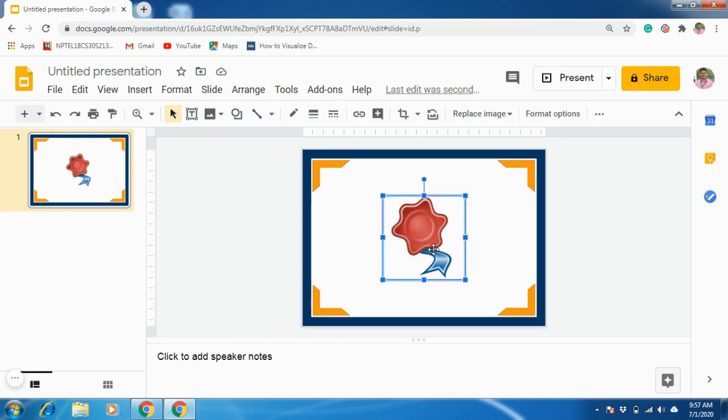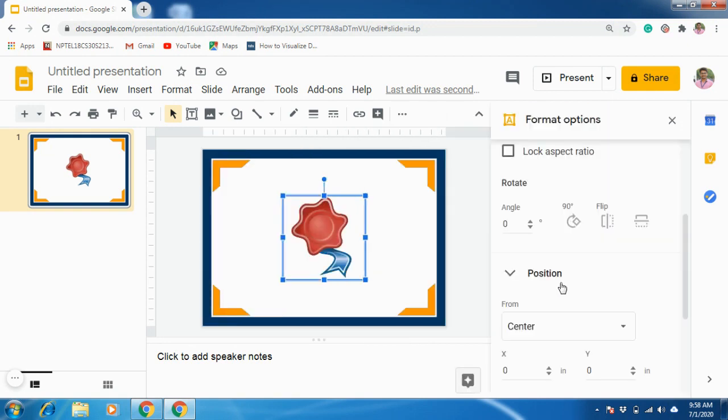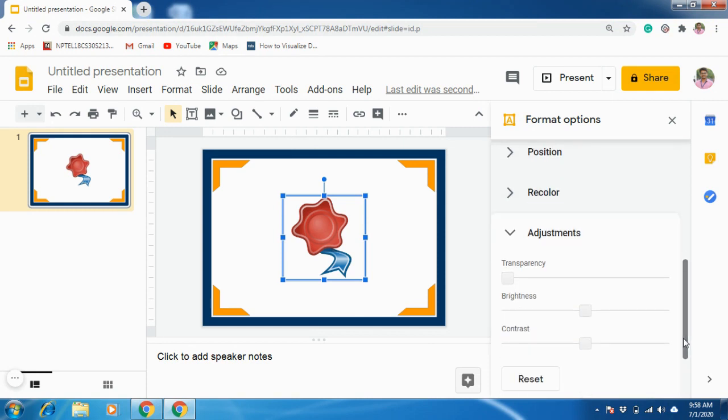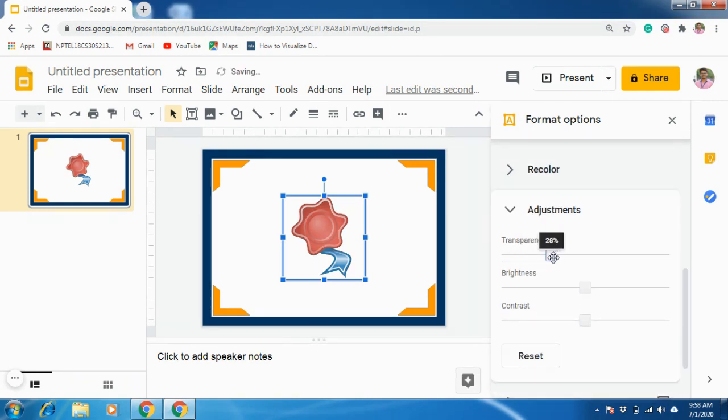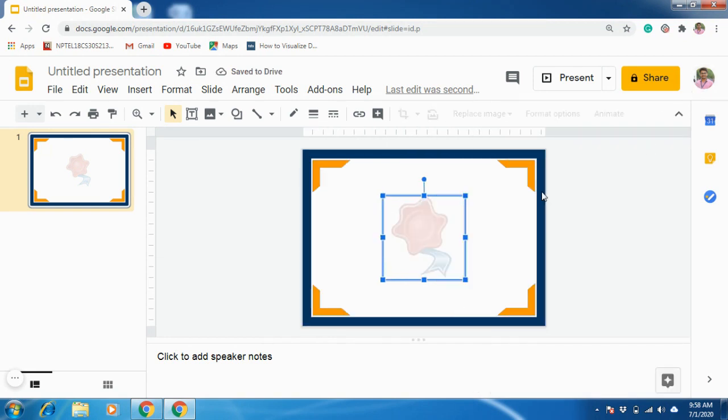Now I want to use this image as a watermark, as a background image. For that, first go to the Format option. Under this, select these adjustments and increase the transparency, so that it will appear like a background image. So like this you can use. But here also one problem is there. When you are writing the text and other things for the certificate details, again it might be selected, and you will be getting disturbance.